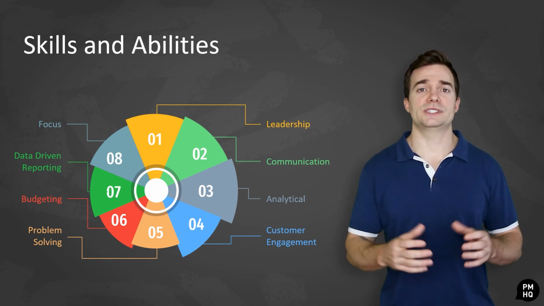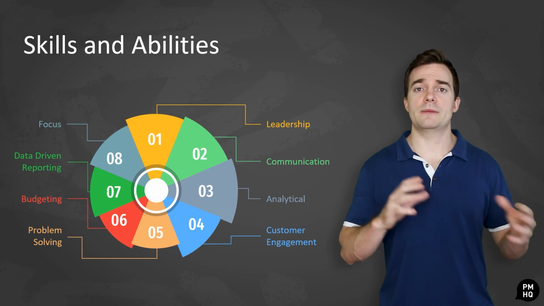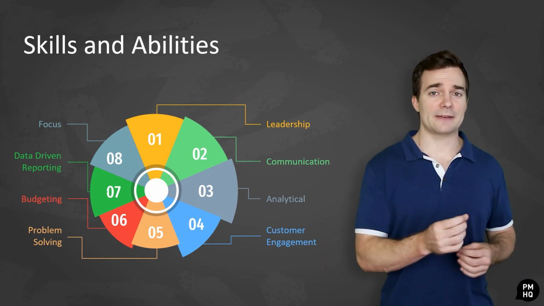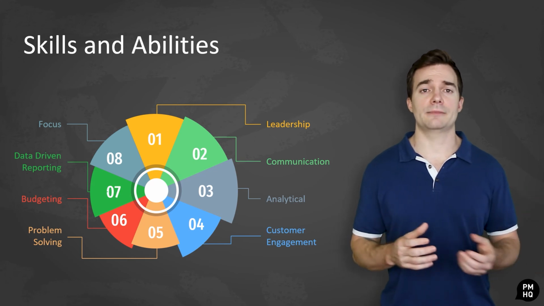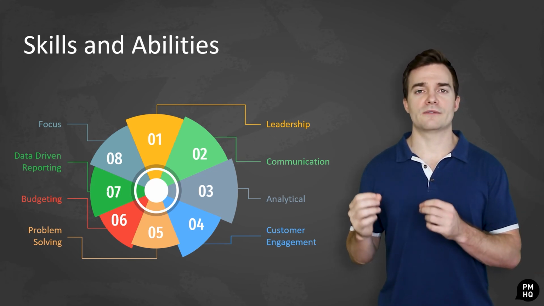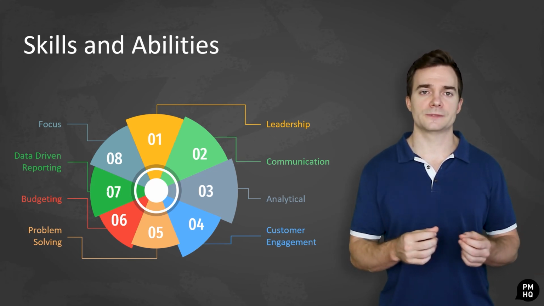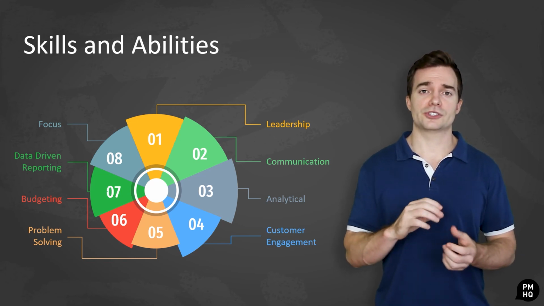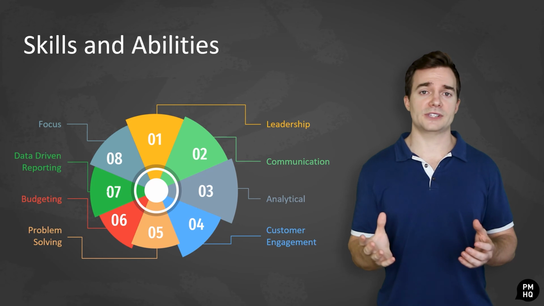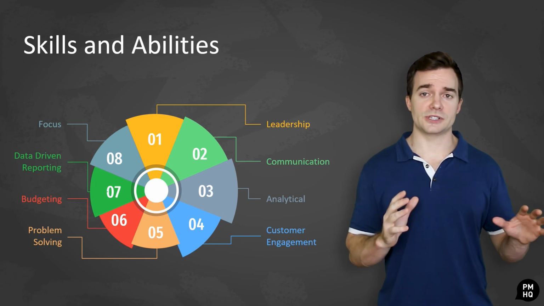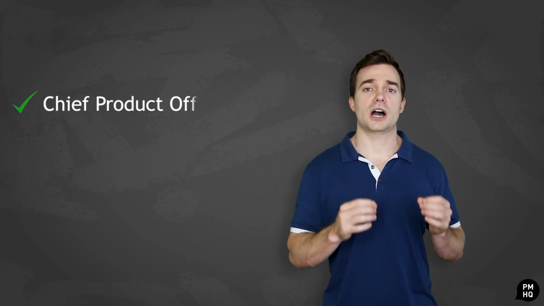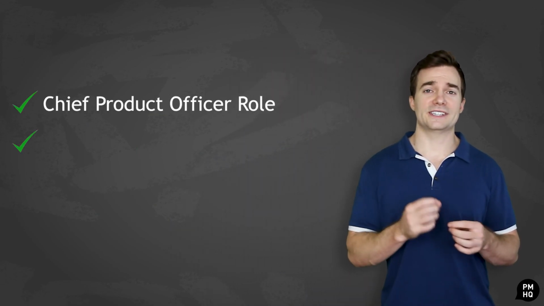They should also have the ability to set budgets that use minimum resources and deliver maximum product potential. They are adept at interpreting and maintaining timely qualitative and quantitative reports on product performance. A Chief Product Officer has a keen eye for detail. They ensure that the entire product development process is executed seamlessly without any mistakes. And there you have it. We just took a deep dive into the Chief Product Officer role,